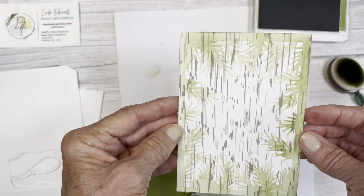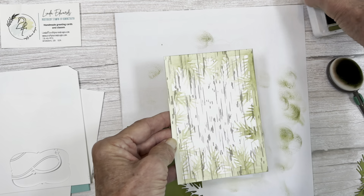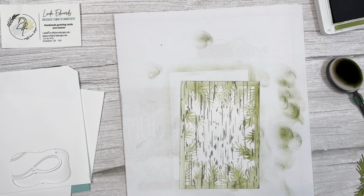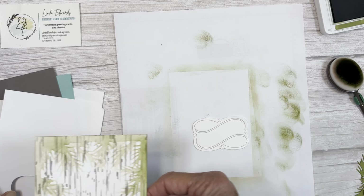Isn't that fun? It just gives a little two-tone effect, some darker, some lighter, which was new to me. So I thought I would share that with you. All right, so we'll move that aside, and let's do some other stamping. So we could certainly stamp our